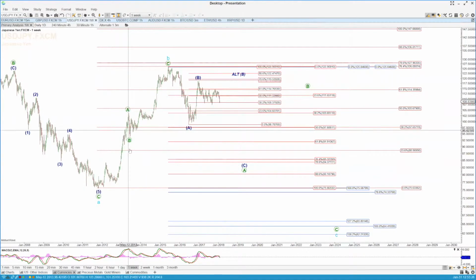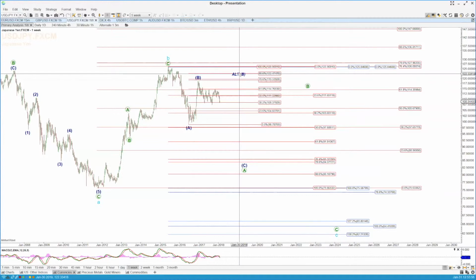Off that, I've got another ABC up for a B wave, and that hit an exact 764 retrace fib against the whole of this move down as the A wave. So I'm now on this, bear in mind, this is a weekly timescale, expecting lower. So I've got an A, and then this move up, which just came shy of hitting the 786 retrace fib up here. So it may not be done. This could be the A, we're getting a B, and then we push up to the 119 to 122 area